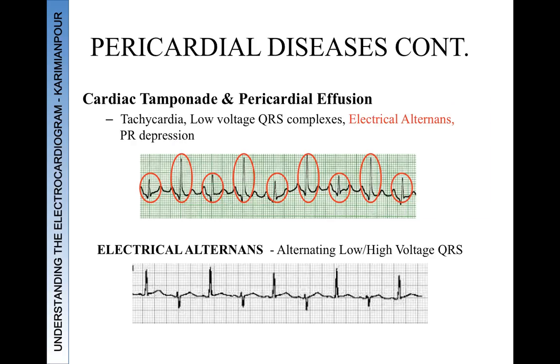Pericardial conditions continued. So cardiac tamponade and pericardial effusion. The clinical findings that you would see is tachycardia, obviously, especially in cardiac tamponade, as the heart is not able to fill and therefore not able to eject any blood, and the cardiac output drops. The body's response is to increase the heart rate to compensate. So you'll see tachycardia. If there is fluid around the heart, you may see low voltage QRS complexes,